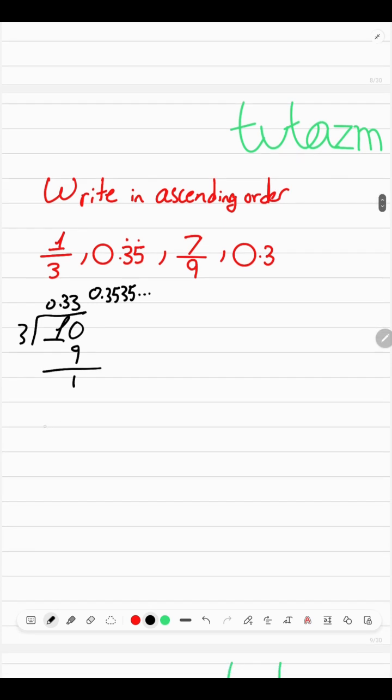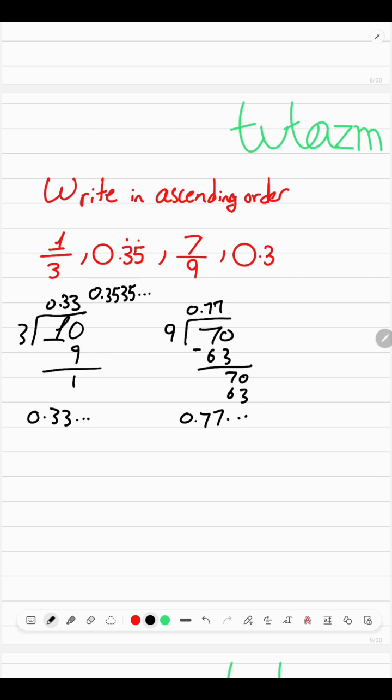So this would be 0.333 or 0.3 recurring. And then 7 over 9, have 7 here, 9 here, 0 here, 0 point here, and then this would be 63, put a 7 here, another 7, and so this would be another 7, because that would be 63 again, and it would go on forever, so this would be 0.777 forever. And so what we do have here is 0.3 recurring, and then 0.35 recurring,